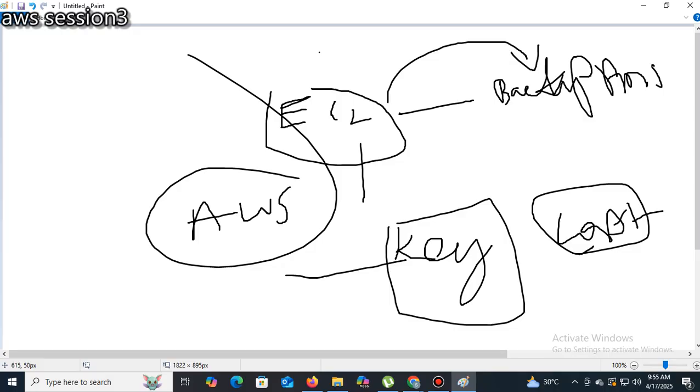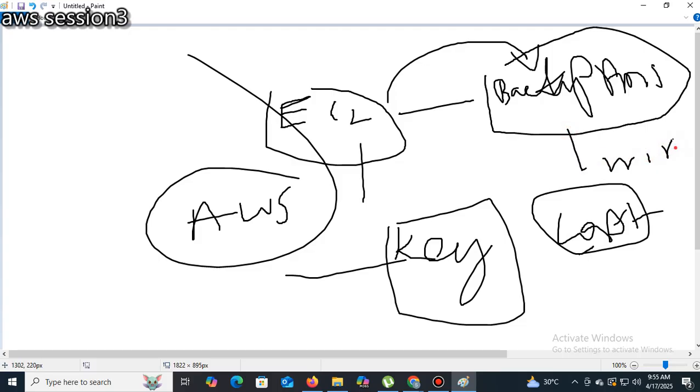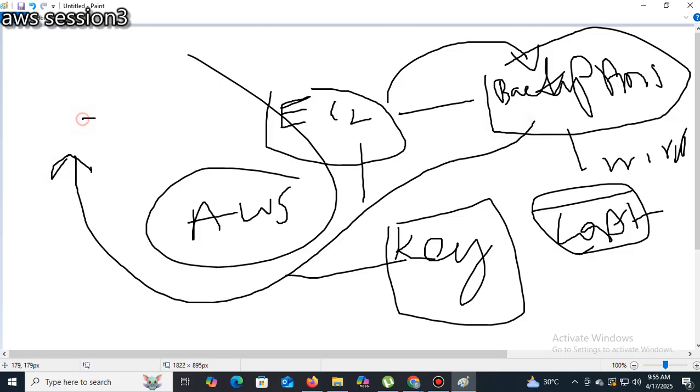When you stand in front of a mirror, there will be two images. One is me, and the second is the one on the mirror, the image of this. Same thing when you take the backup of AMI, what happens? This mirror will be there. Understand? So then, from this backup AMI, when I restore EC2, we can create a new key pair. With the help of the new key pair, we can connect. Understand?